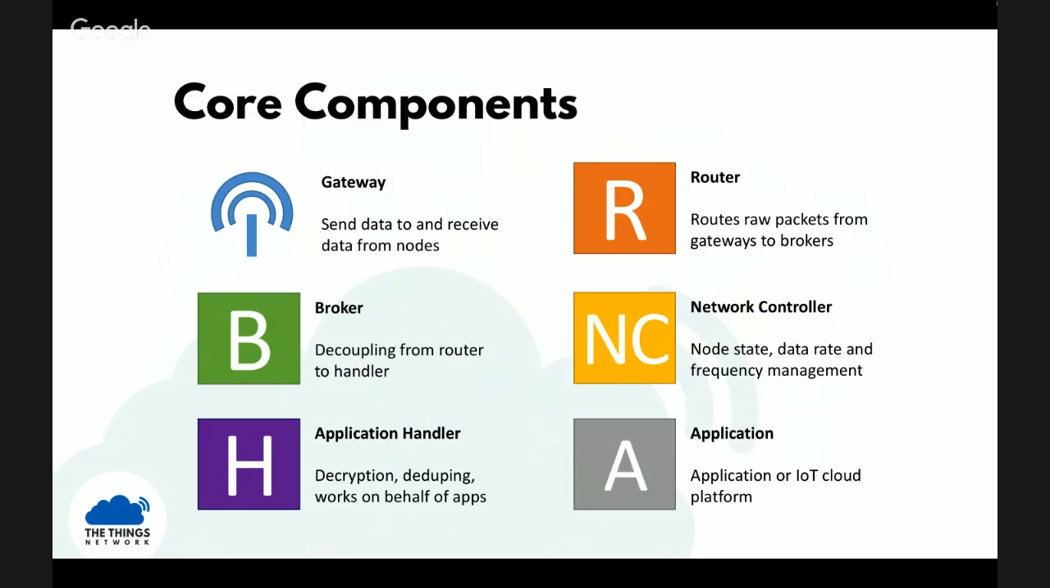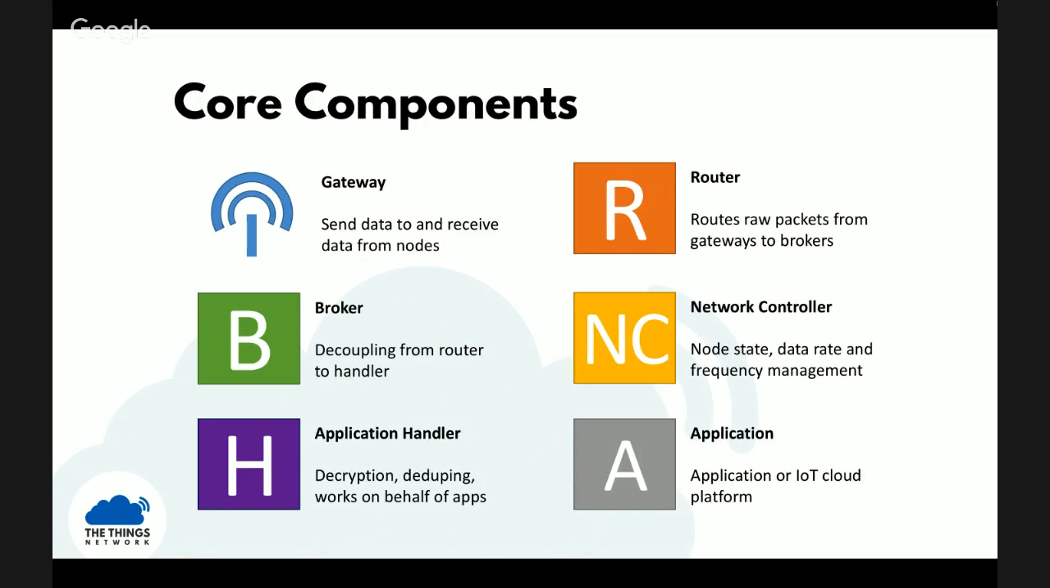So when it comes to the core components, those are the cloud components that we are building as the core team of The Things Network. They are open source components, and we have, of course, the gateway, which sends and receives data from the node. We have a router. The gateway sends the data to the router. We have a broker, and the broker decouples the router from the handler. There is a network controller that maintains the state of the node and does frequency management. Then we have an application handler that does decryption and works on behalf of the applications,